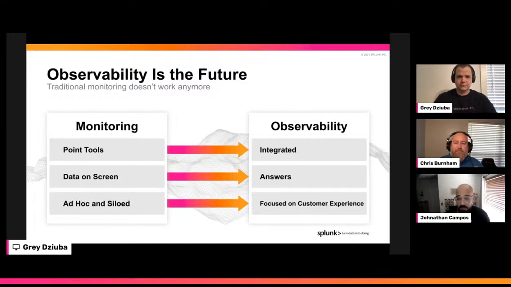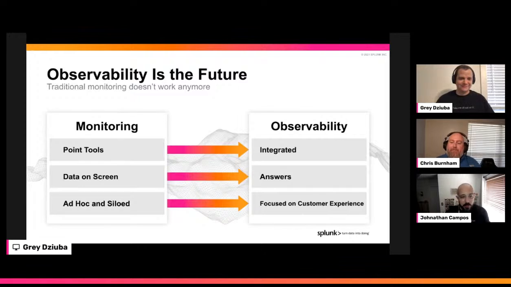Chris, I don't know about you, but I'll be honest, I don't like finding needles in haystacks. I like quickly finding it. And I'll tell you how observability could have potentially helped me this weekend. I lost a piece of jewelry in the grass. It was actually my wedding ring. I was dealing with some landscaping work, and I dropped it in the grass. If observability would have been in place, I would have found the answer really quick. Why? Because observability is integrated. It gives you the answers you're looking for, and it's really focused on customer experience.